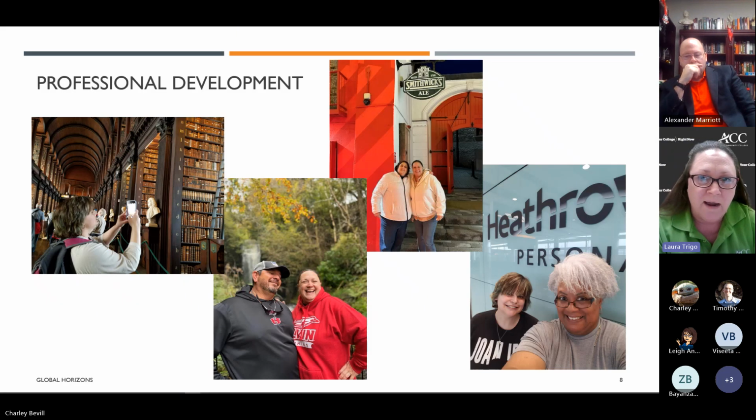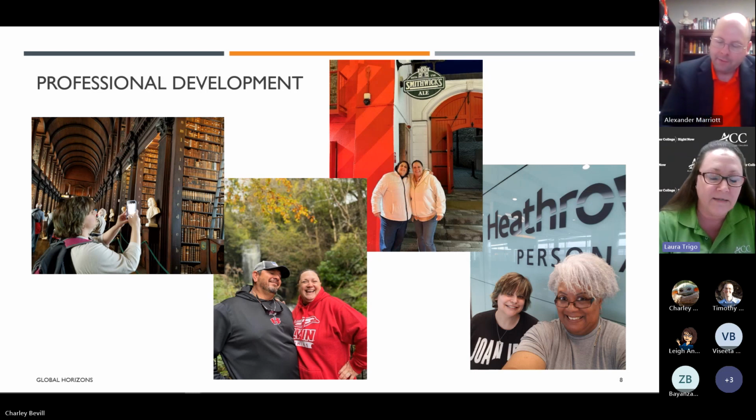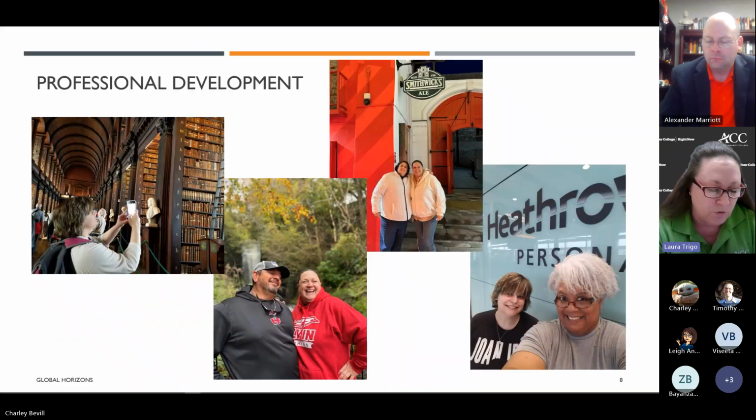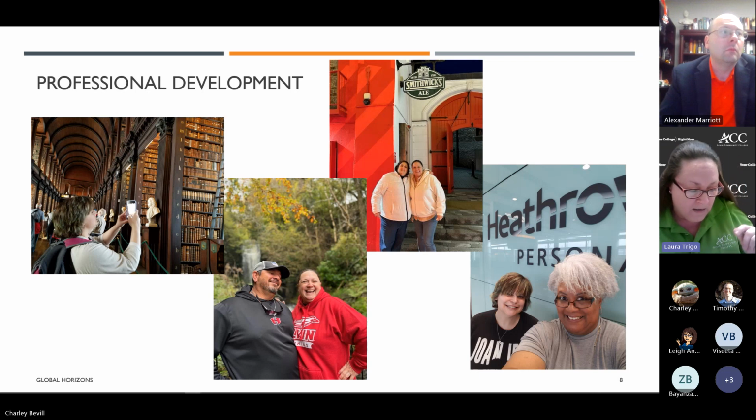But to go into Ireland and actually see the specific region's cooking and ingredients is wonderful and keeps our curriculum very relevant for students. So that's also a great way that we've incorporated study abroad into our curriculum.